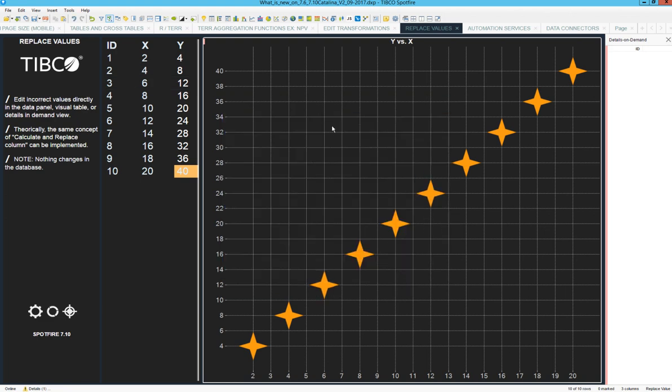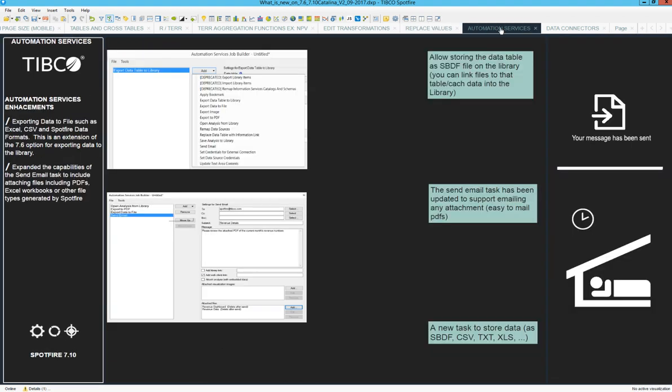So all of this is available starting in Spotfire 7.9. Now between 7.7 and 7.9 there have been a lot of additions to the automation services, starting with the fact that now you can actually save the SBDF table into the library after you create it in Spotfire. So what this means,